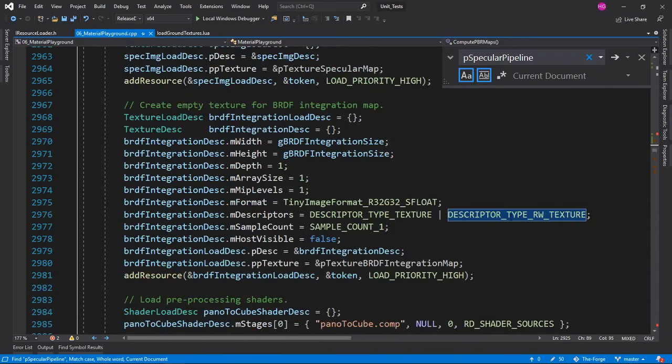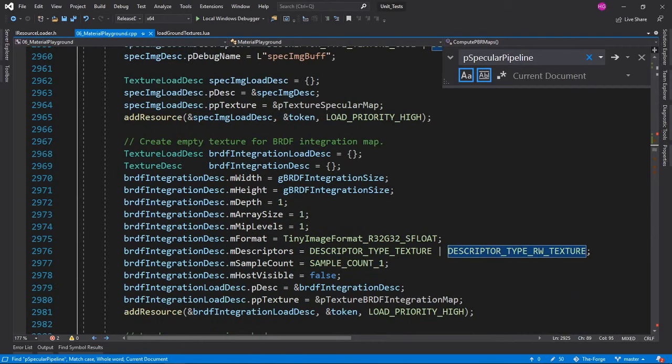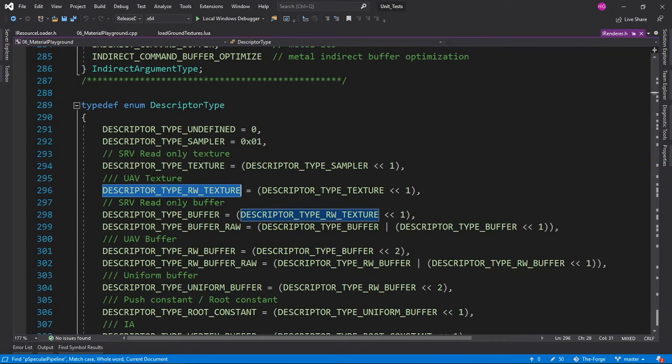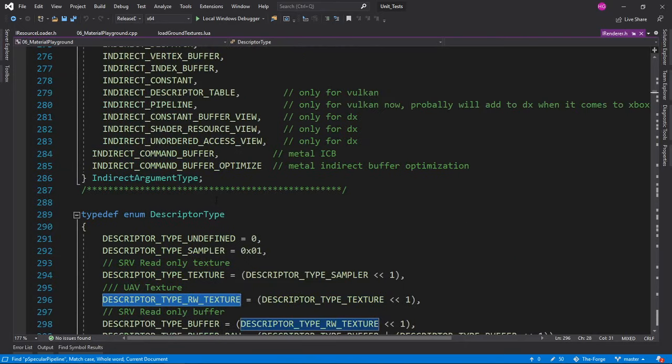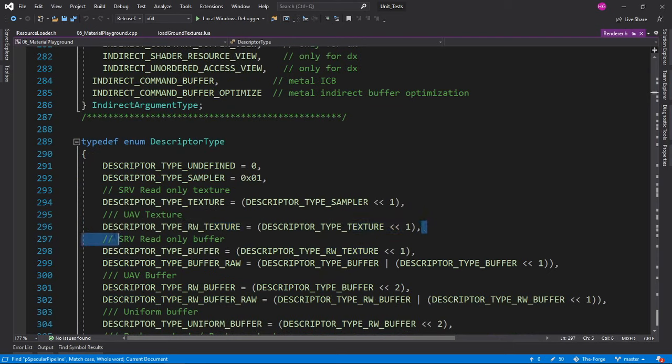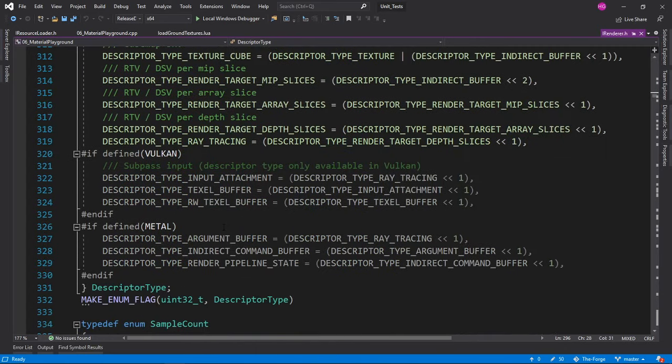I guess some of these could be read-only textures. I don't know why they're using read-write here. So let me see if they actually do have read-only textures. So seemingly they only have read-write textures. That is interesting. Ah, so they probably have simply just read-write textures. They didn't bother to clear any other stuff. So yeah, you don't usually need any read-only textures.